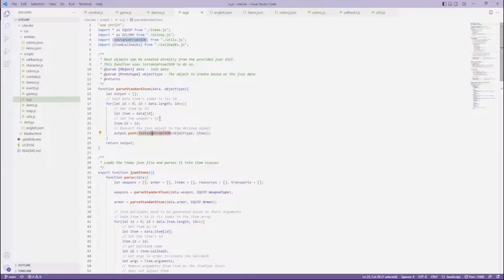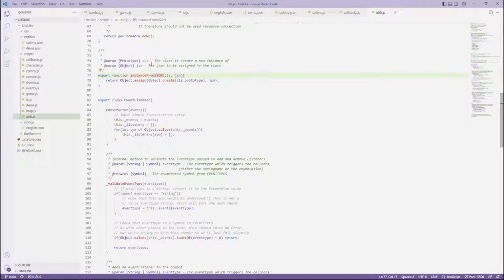instance from JSON is there. Let me hit the F12 button. There it is. Yeah, so object.assign, object.create, class prototype, JSON. So this is actually the way we have this set up right now. Even though arguments is not an